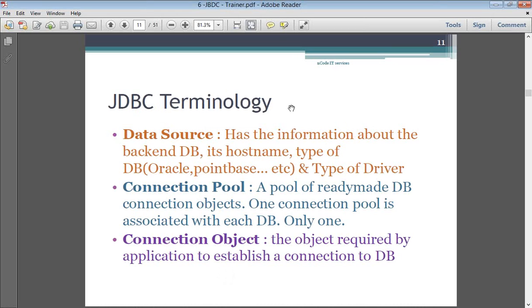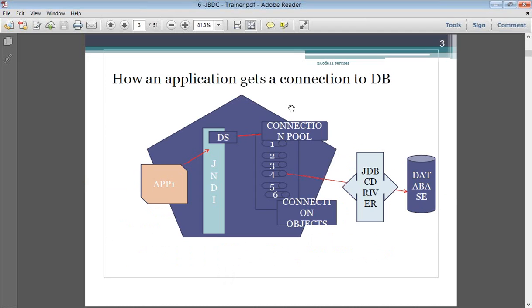This is Kalyan. I have one doubt. As you said, how will the application look up the JNDI in the flow? Suppose the application code calls